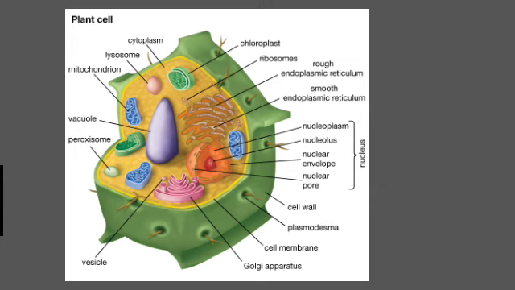What will happen if we put a plant cell or an animal cell into a solution of sugar or salt in water? One of the following three things could happen. If the surroundings of the cell have a higher water concentration than the cell, meaning that the outside solution is more dilute than the inside of the cell, it will gain water by osmosis.